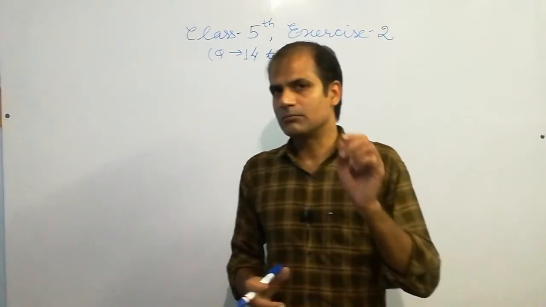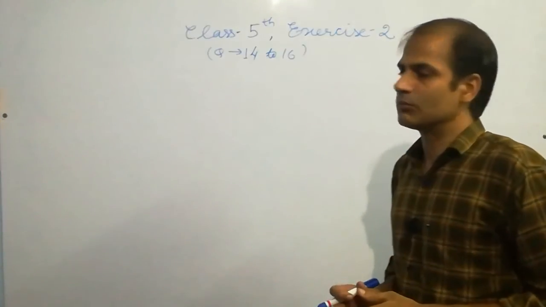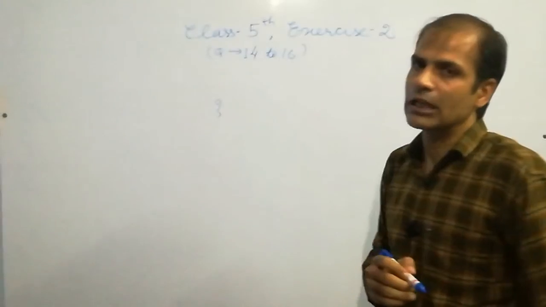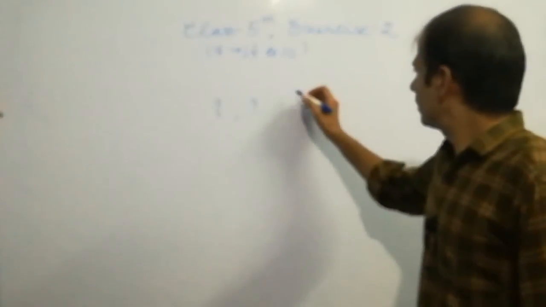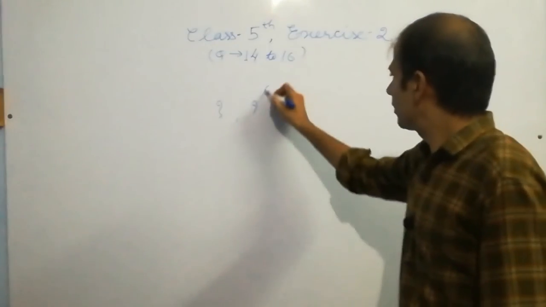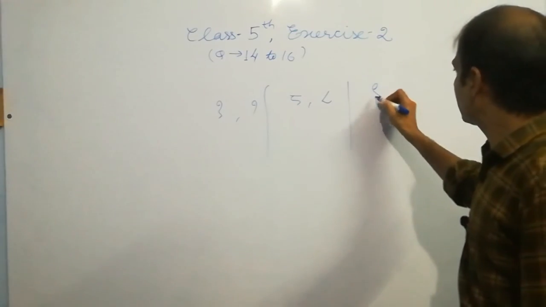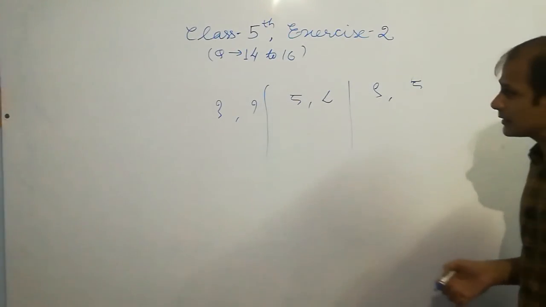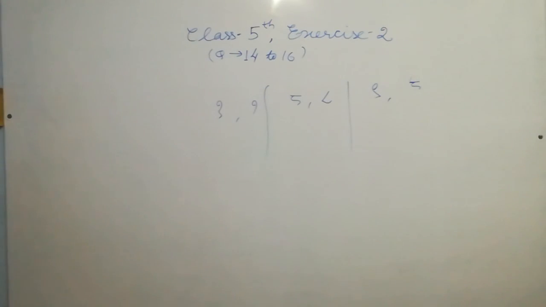Okay, and the important thing is that a few digits in the Indian numeral system are written in different ways. For example, 1 can be written in this way and this way. Next, 8 can be written in this way or in this way. Finally, 9 in this way and in this way. These 3 digits are written in 2 different ways. So you have to be very careful.